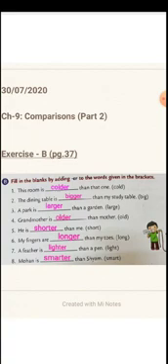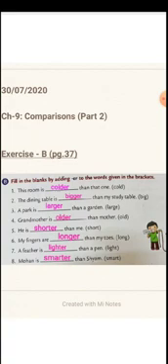Number 4, grandmother is dash than mother. So we are comparing grandmother with mother. For what describing word? Old. So old will become older. So here we will add ER. Number 5, he is dash than me. So we are comparing he and me, and what is the describing word given here? Short. So short will become shorter. So he is shorter than me.